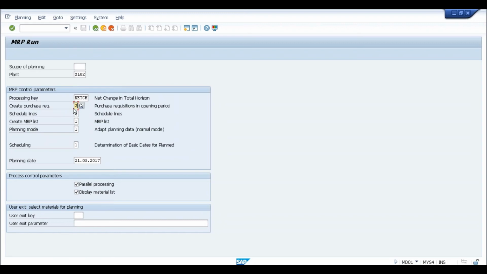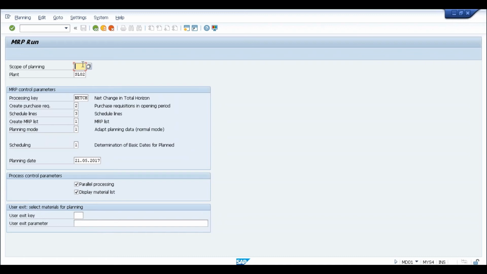Create purchase requisition. So let's say, for example, you are planning for material A and, as in the example I gave you, you found out that 5 quantity will be required. So from where will this 5 quantity come? There are 2 options. One is, if you are producing in-house, then you will be creating the production order. If you are getting that material from outside, then it will create a purchase order, right? For external procurement, you will be creating the purchase order.